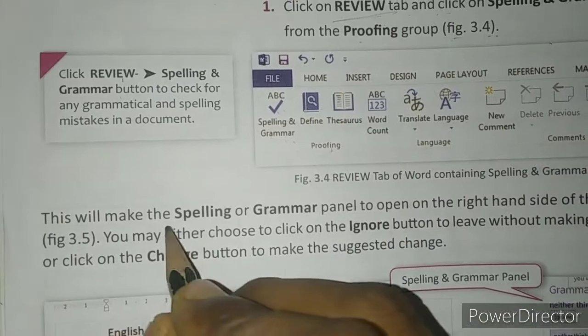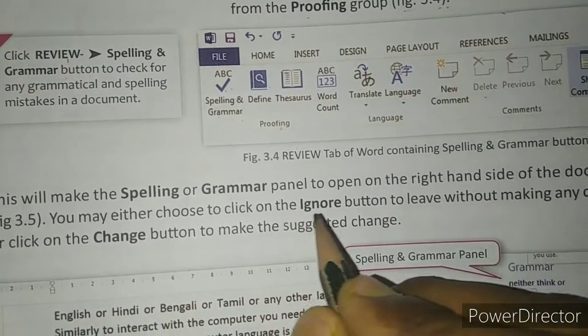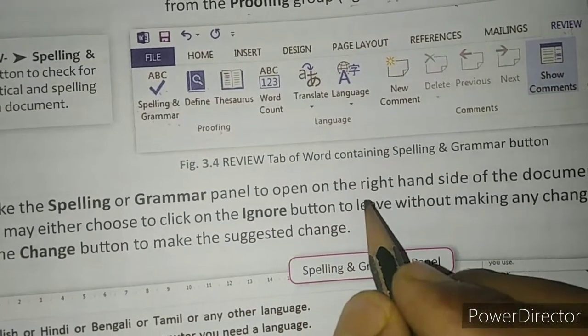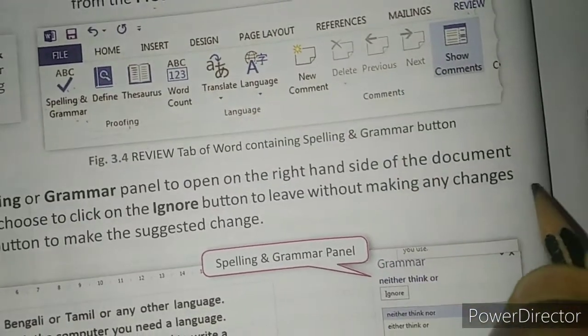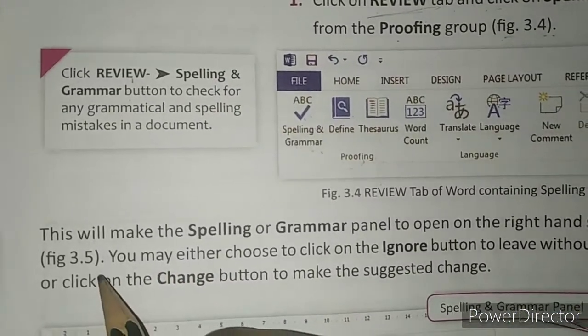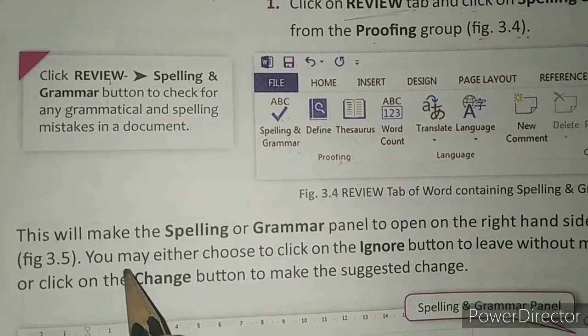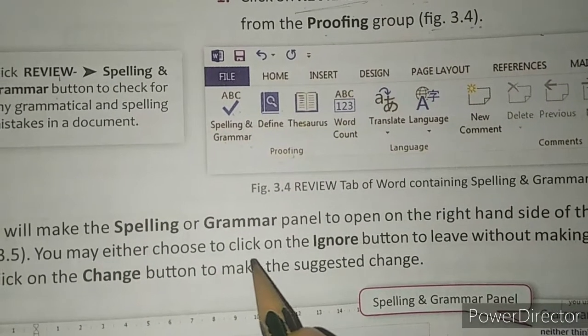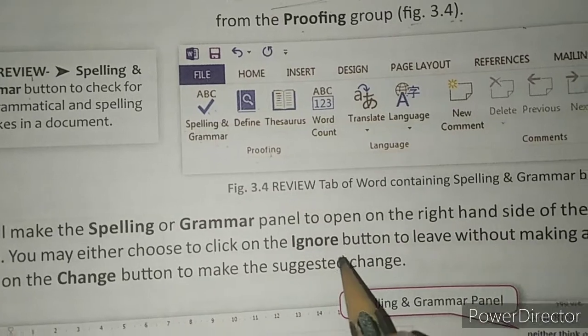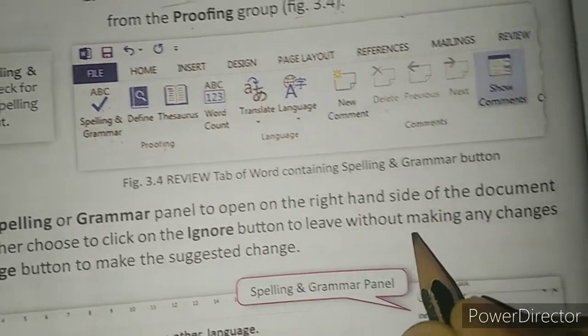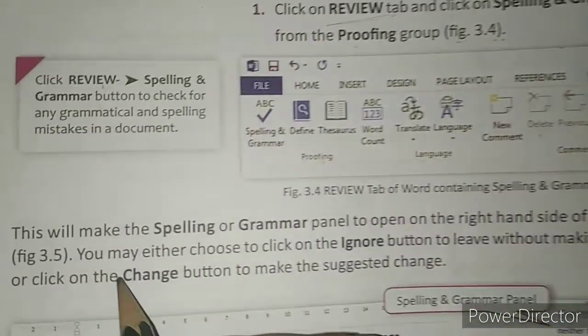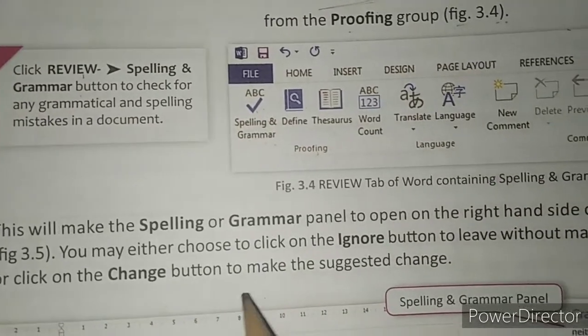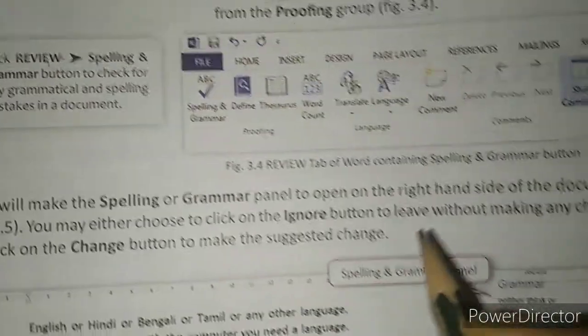Now this will make the spelling or grammar panel open at the right hand side of the document, Figure 3.5. You may either choose to click on the Ignore button to leave without making any changes, or click on the Change button to make the suggested change.